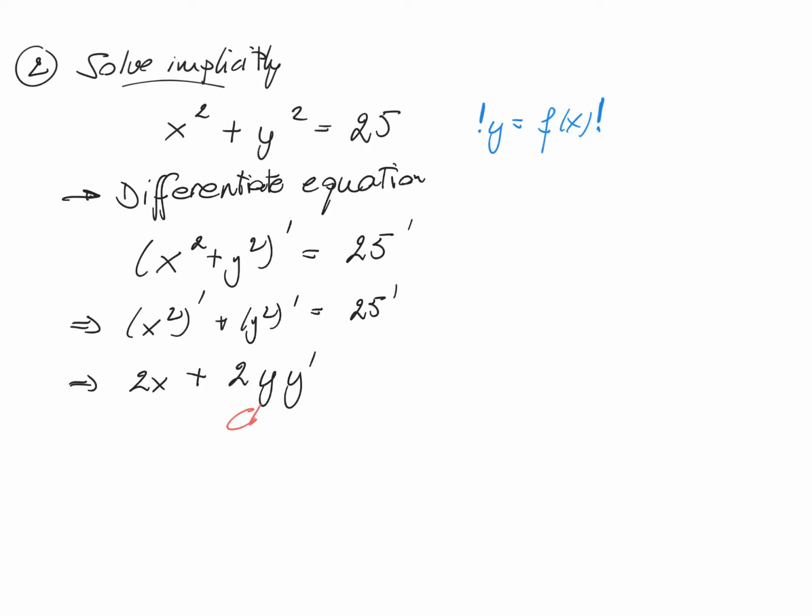So this is basically just the chain rule that we apply. And then on the right hand side, we just derive a constant, so this is 0. The goal was to find the derivative of y, so to find the derivative of the function. So we have to bring everything that is y prime to one side of the equation. So this is 2 times y prime equal to minus 2 times x, or y prime is minus x divided